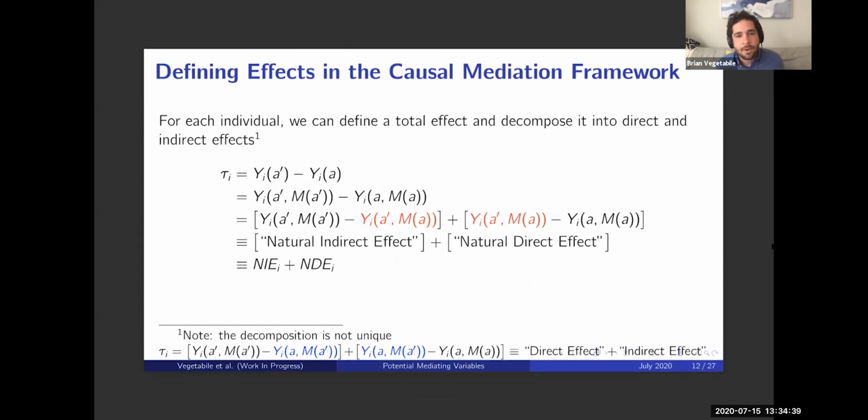And we're now at a place where we can define effects. And as Trang alluded to earlier, this is the natural indirect effect and the natural direct effect. But this will be the setting that we're talking about today, where we started at Baron and Kenny, where you had linearity, you equate a setup of a series of models, and then you can decompose that into a direct and indirect effect. Under this setting, we have a set of just general descriptions of potential outcomes that we can decompose into direct and indirect effects. And our goal will be to model these relationships non-parametrically to get at something that looks similar to Baron and Kenny, but in a non-parametric setting.